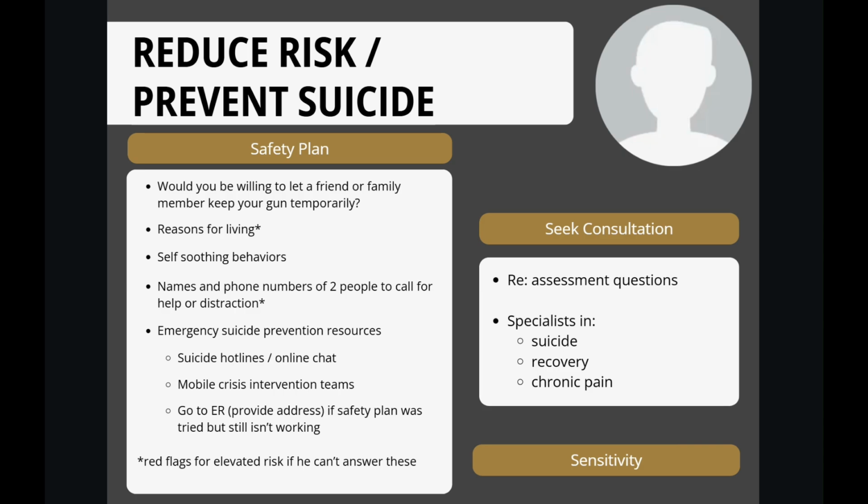Finally, your assessment should also include a safety plan, consultation, and sensitivity. The safety plan should be completed before ending your first contact with him. The first bullet addresses whatever means of self harm he's discussed with you and specific actions to safeguard him. The two bullets with asterisks, reasons for living, and names and phone numbers, if he can't come up with answers for these, this in itself should guide your decision making with respect to elevating his case with crisis professionals in the community. You should also seek consultation regarding assessment questions.